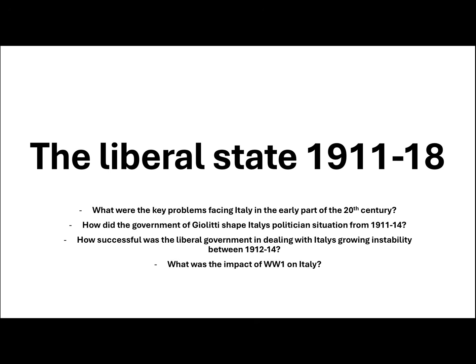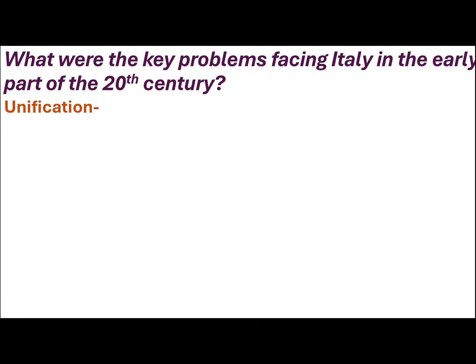There were four key questions. What were the key problems facing Italy in the early part of the twentieth century? How did the government of Giolitti shape Italy's political situation from 1911 to 1914? How successful was the Liberal government in dealing with Italy's growing instability between 1912 and 1914? And what was the impact of World War I on Italy? So we have our first question of what were the key problems facing Italy in the early part of the